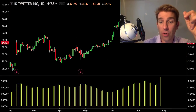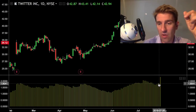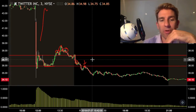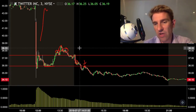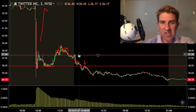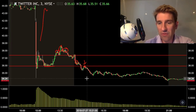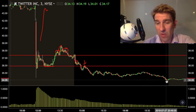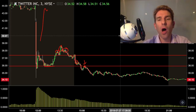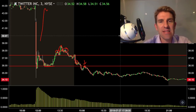And bearing in mind, if we actually look at the correct ATR value, 1.8, we're looking at about 1.8 times 2, a $3.6 range. So $3.6 or $3.50 range if you want to average it out. With this, 37.50 was the high. It was going to be about 34 bucks, and look at that, actually 34 bucks is where it closed. So we need to keep things in perspective, but we also need to hold a runner in case this thing